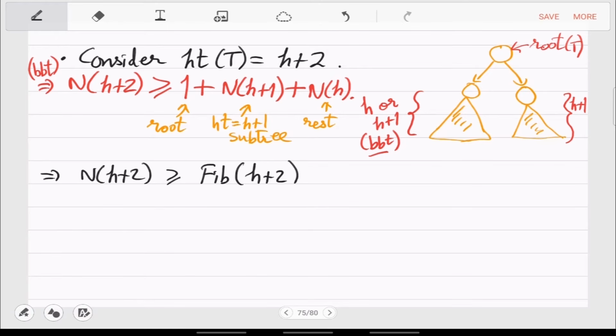So the function n grows like fib, which we know grows. How does it grow? We showed that it grows exponentially. So it's actually even greater than, strictly greater than, and this is at least, let's say 1.5 to the h minus 1. H plus 1 here.